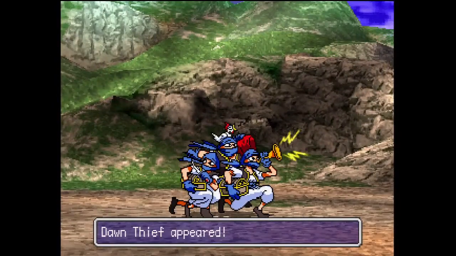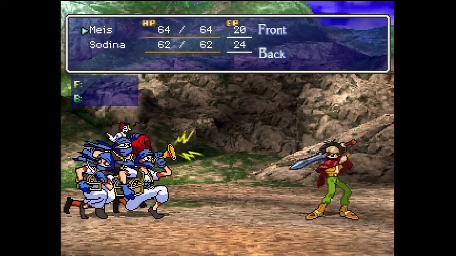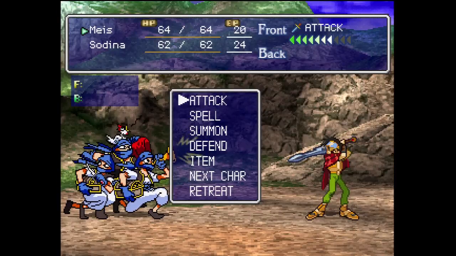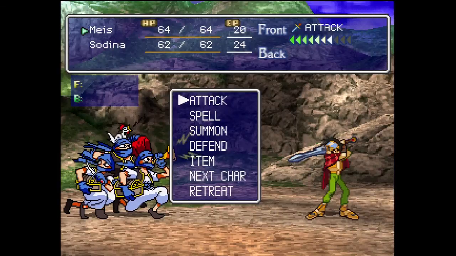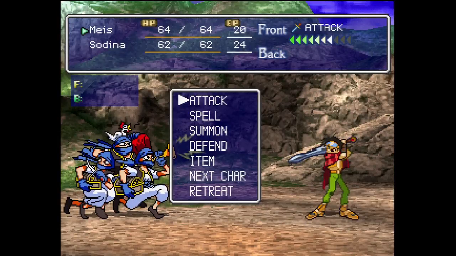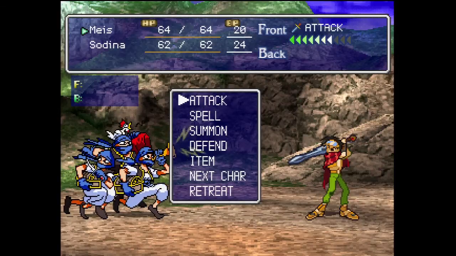Like right now. Dawn Thief appeared, hey. Yeah, certain enemies actually have a different battle theme from the rest. Not many enemies use this theme, but a few do. It's an interesting little goofy theme too, and I actually kind of like it. It's got a nice rhythm to it. Alright, now...